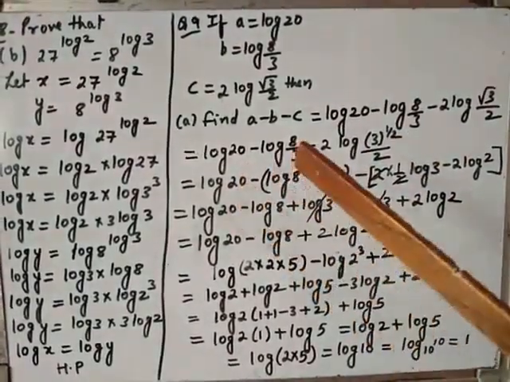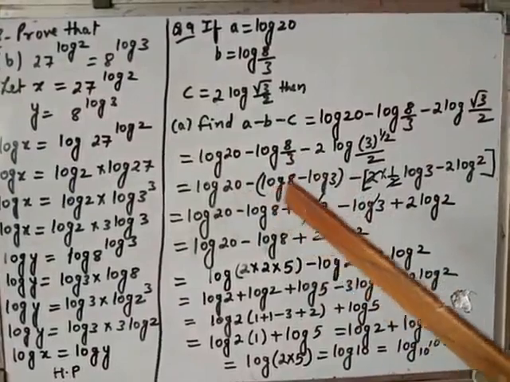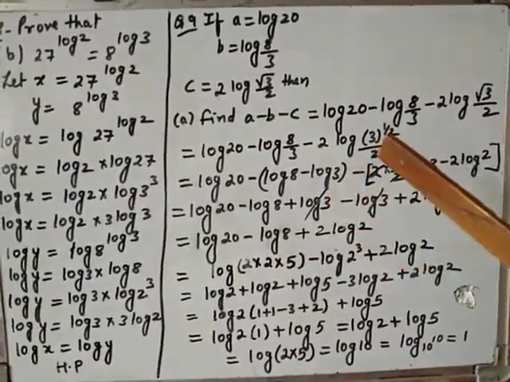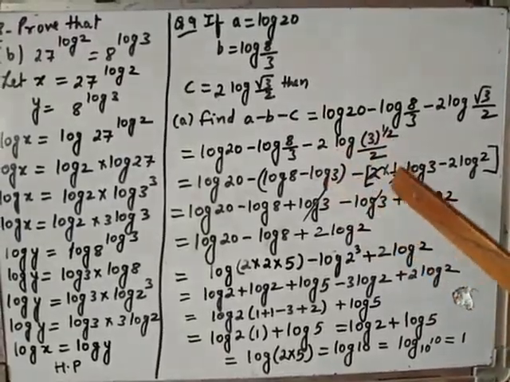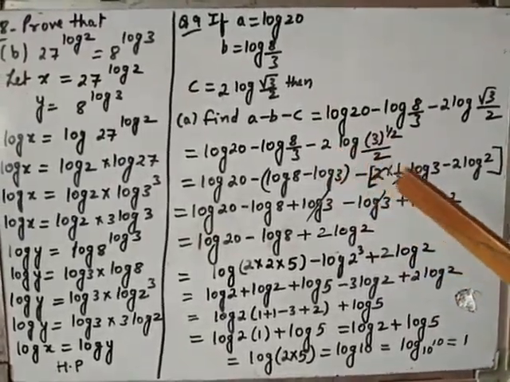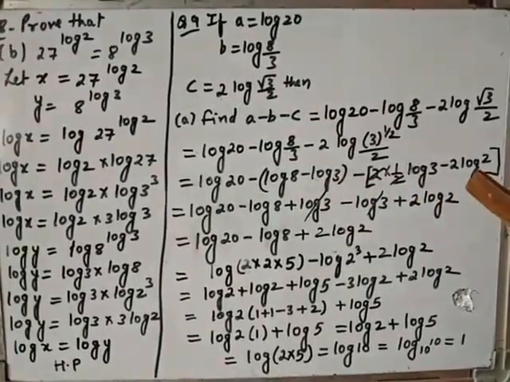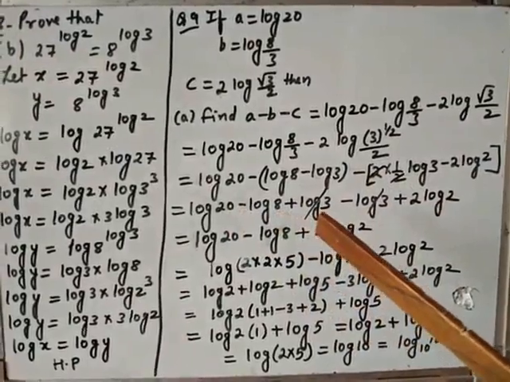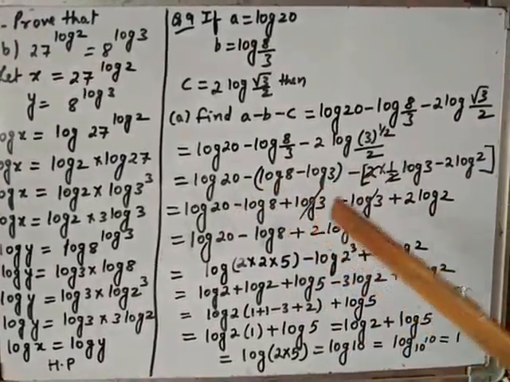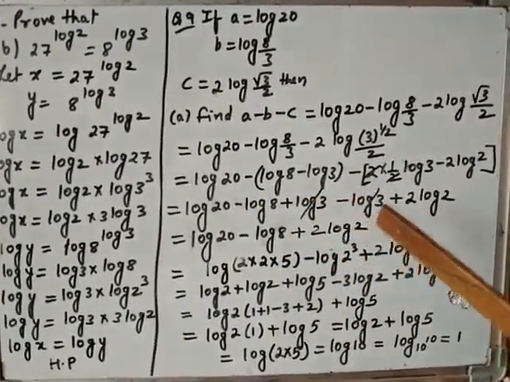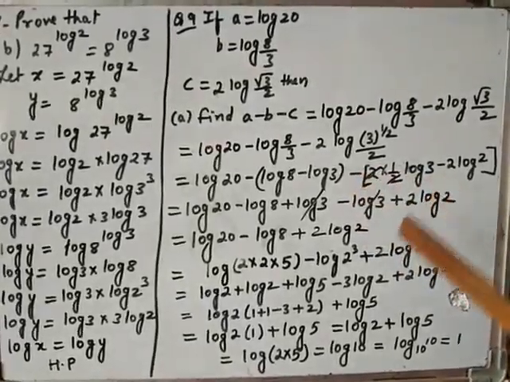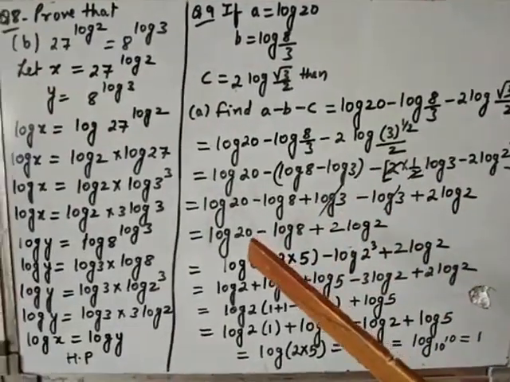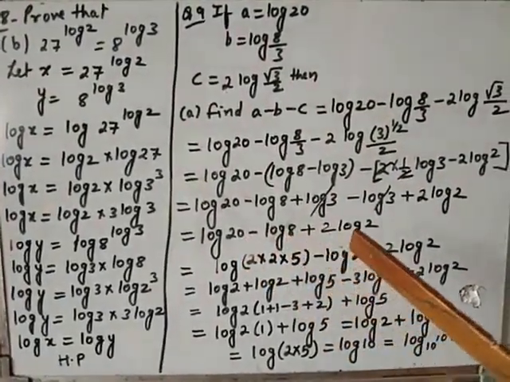Now log 20 minus, अब देखिए यहाँ पर डिवीजन है तो हम इनको स्प्लिट कर लेंगे. So log 8 minus log 3, ये आपकी पावर जो है ये फ्रंट में आ जाएगी 2 इंटू 1 अपॉन 2 log 3 और ये माइनस 2 log 2. क्लियर? 2 and 2 is cancel here. Log 20 minus log 8 plus, minus and minus is plus, log 3 minus log 3, minus and minus again plus 2 log 2. Plus log 3 minus log 3 is cancelled. The left part is log 20 minus log 8 plus 2 log 2.